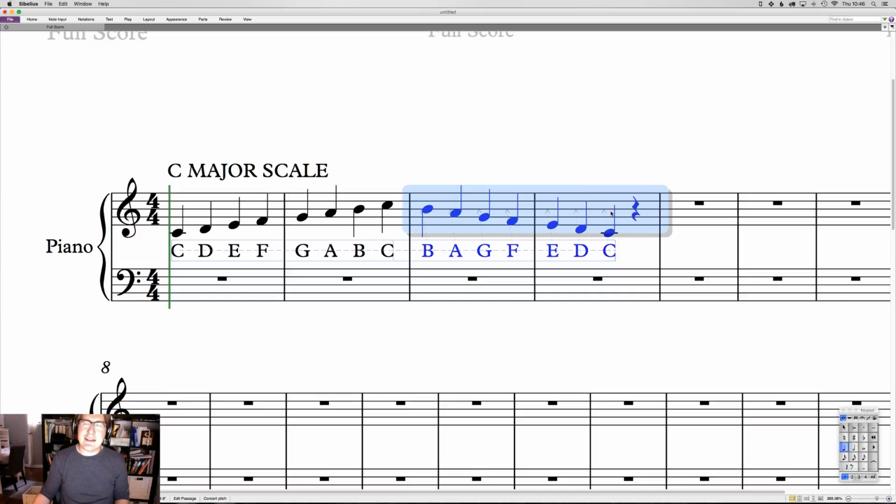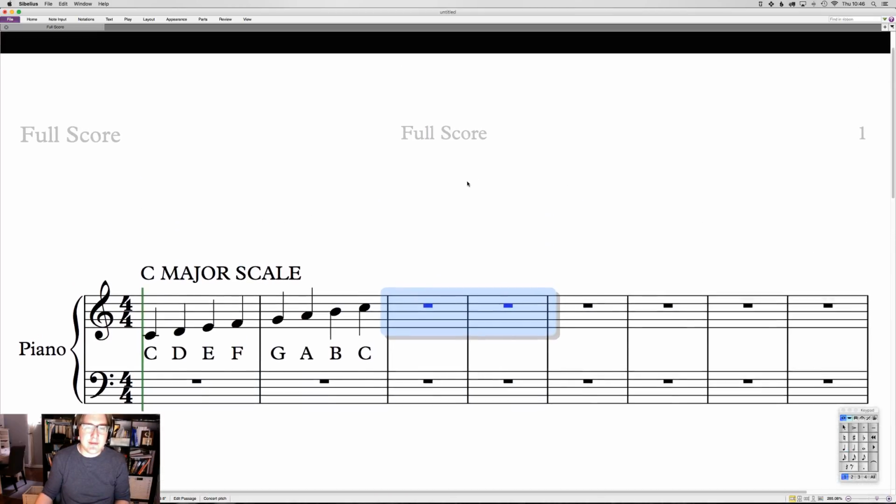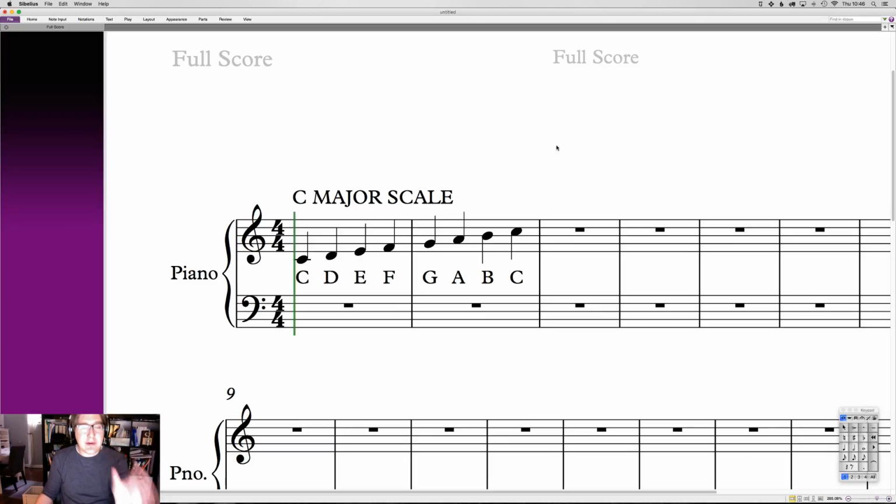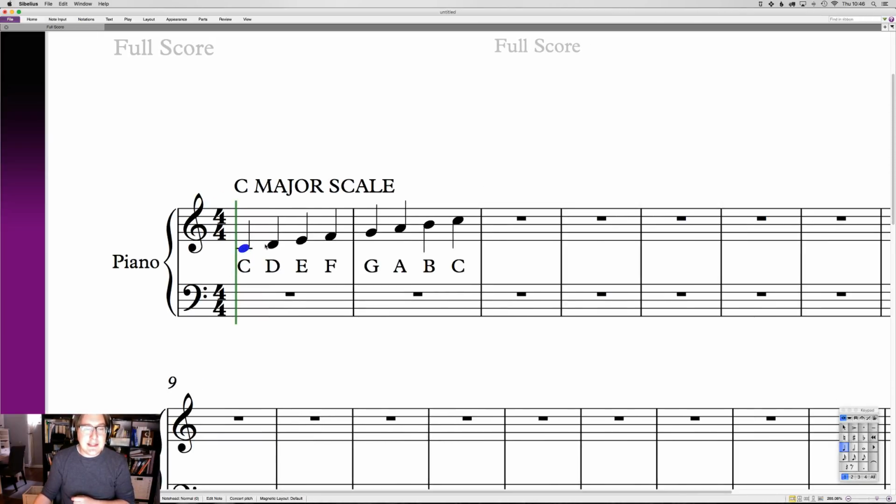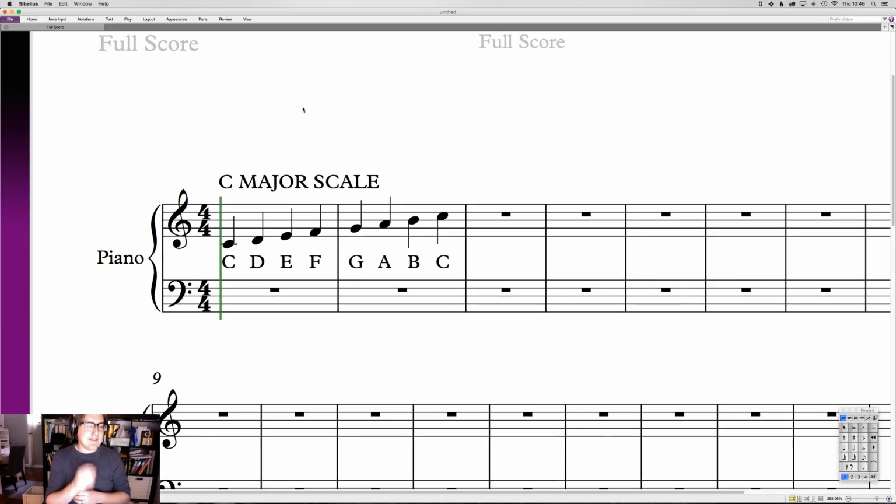I'm going to get rid of the descending part of the scale just to make things easier. So it's the relationship between each one of these notes that makes it sound major to you, okay? So the distance between C to D might be different than the difference between, say, B to C. It doesn't look like that on a staff, and I think this confuses a lot of people. And it's important to understand that these notes are different spaces apart. Not all of them, some of them are the same distance apart, but some are closer and some are further